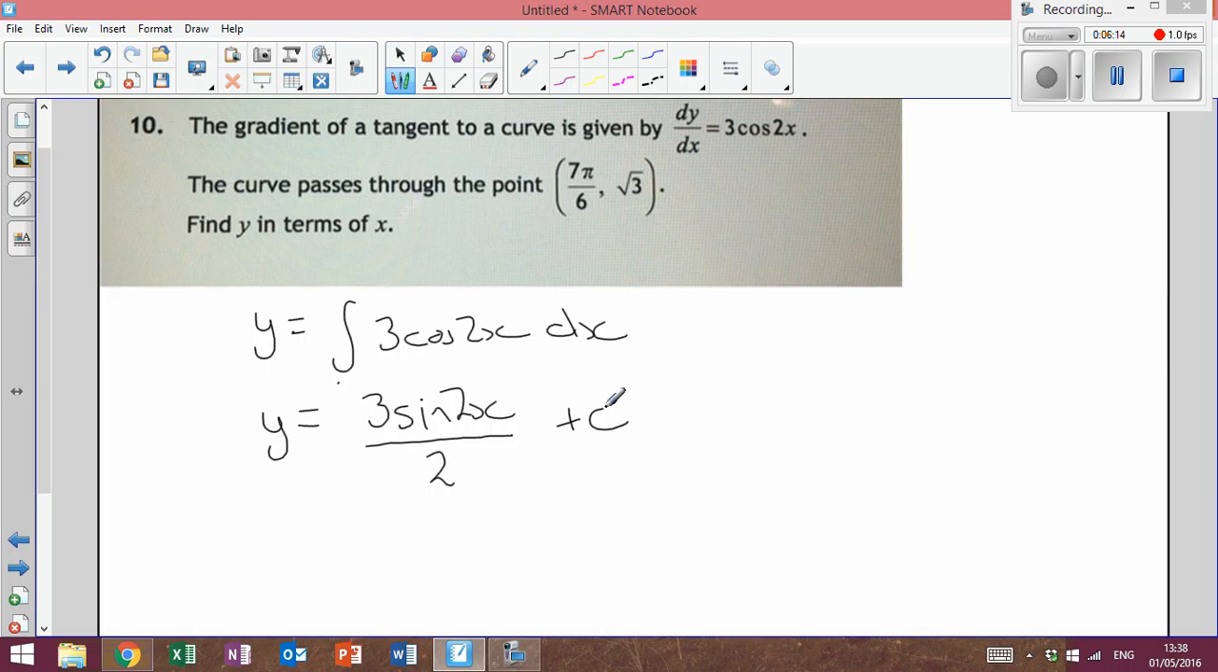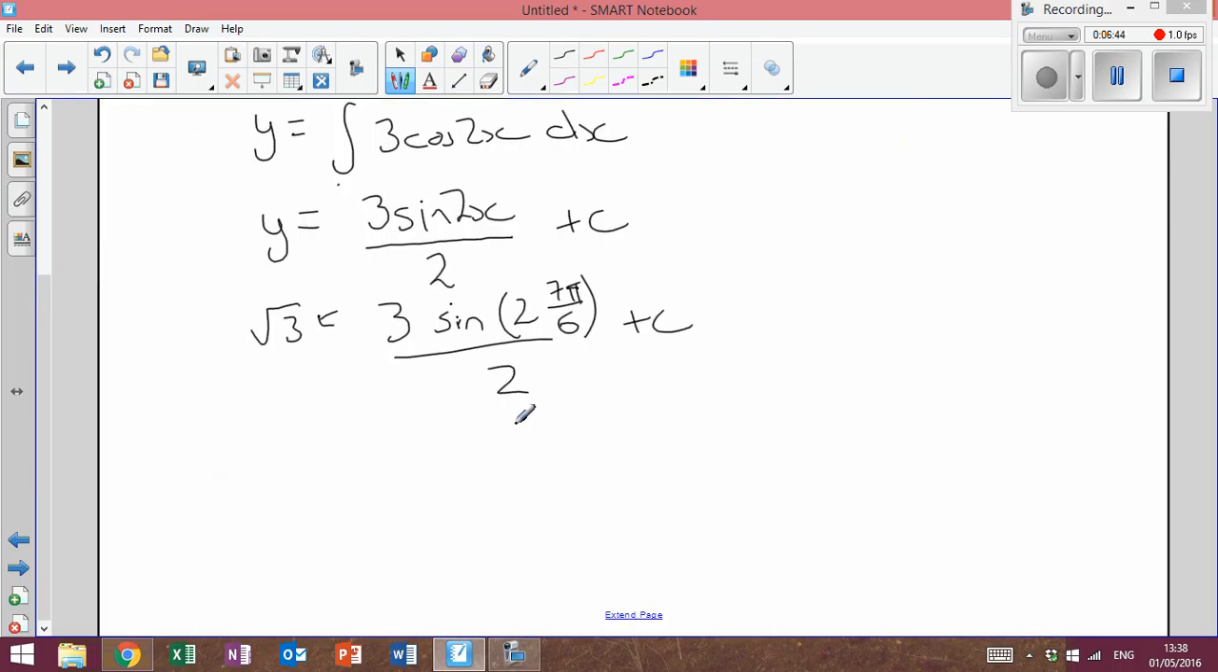And now we need to find out what this plus c is. Now we know in there that your 7 pi over 6, well, that's going to be x, and root 3 is going to be y. So root 3 is going to be equal to 3 sine of 2 lots of 7 pi over 6, all over 2, plus c. That's an absolute mess today, I don't know what's going on. So root 3 is going to be 3 sine, if you multiply 7 pi over 6 by 2, that's 14 pi over 6, or just 7 pi over 3,